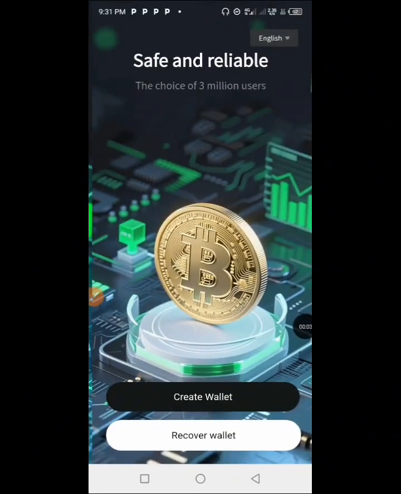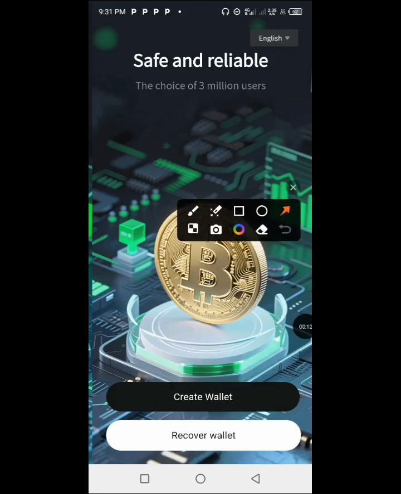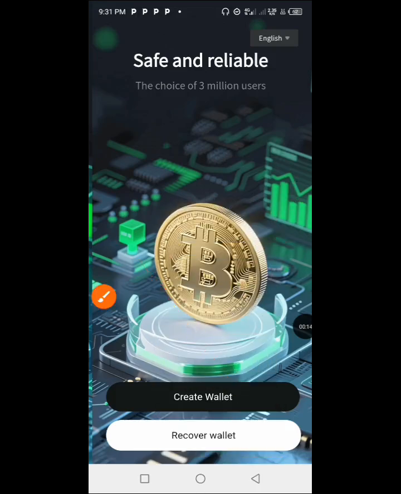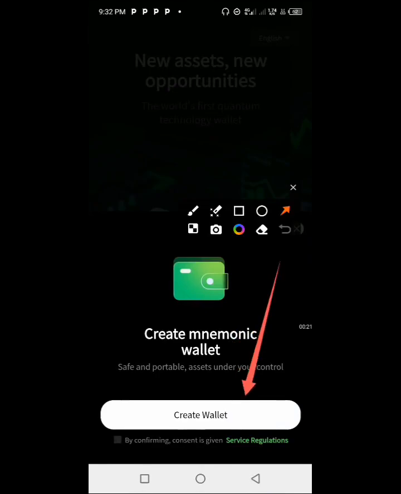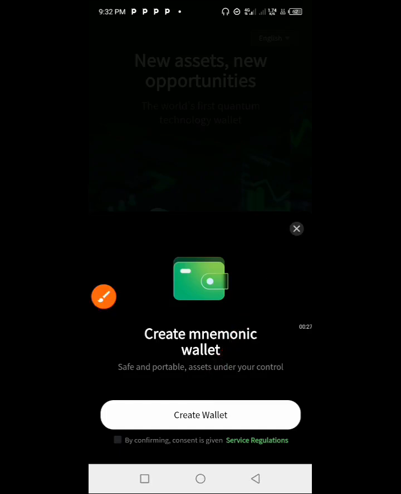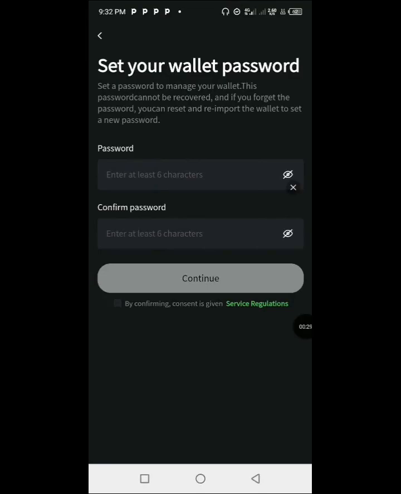First of all, you use the link in the description of the video, and then you download the app from there, and this is the interface of the app. Go ahead and click create a new wallet right here. Afterwards it's going to take you to the step where you can create your mnemonic wallet phrase. The mnemonic wallet phrase is just your 12 key phrase. Then just go ahead and click on create, and then you insert your